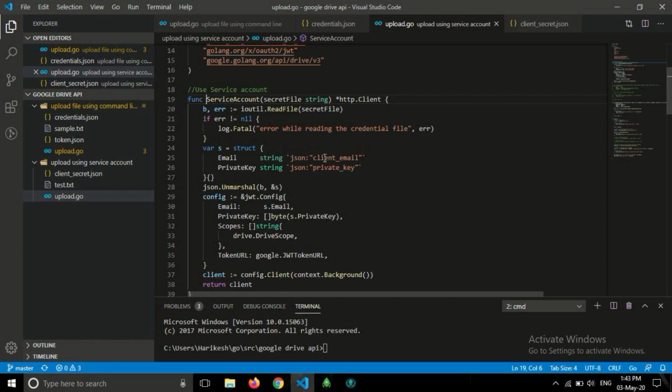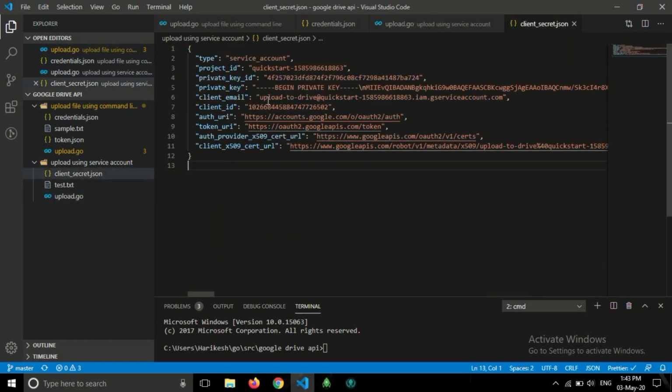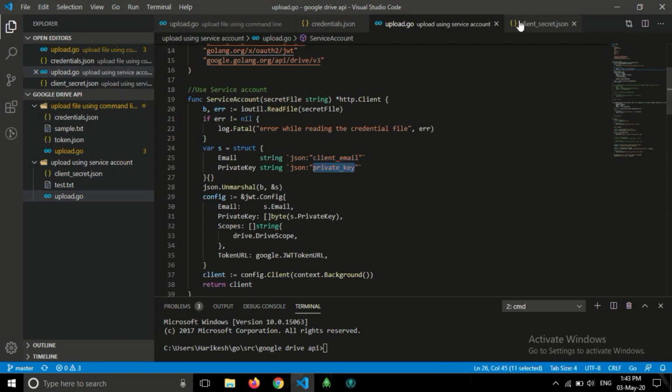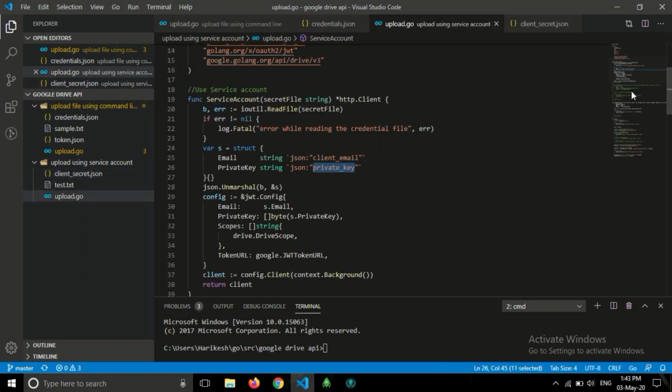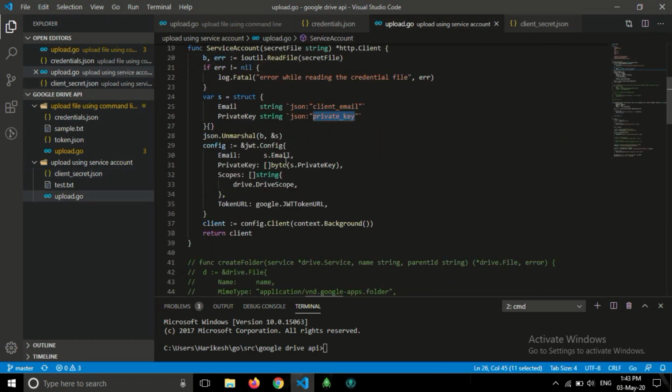Here a token is generated using this client email. Here is the new client email we got for the service account, and the private key. This is our private key. So it will generate a token, send it to the Google URL, and it will allow us to upload the file.